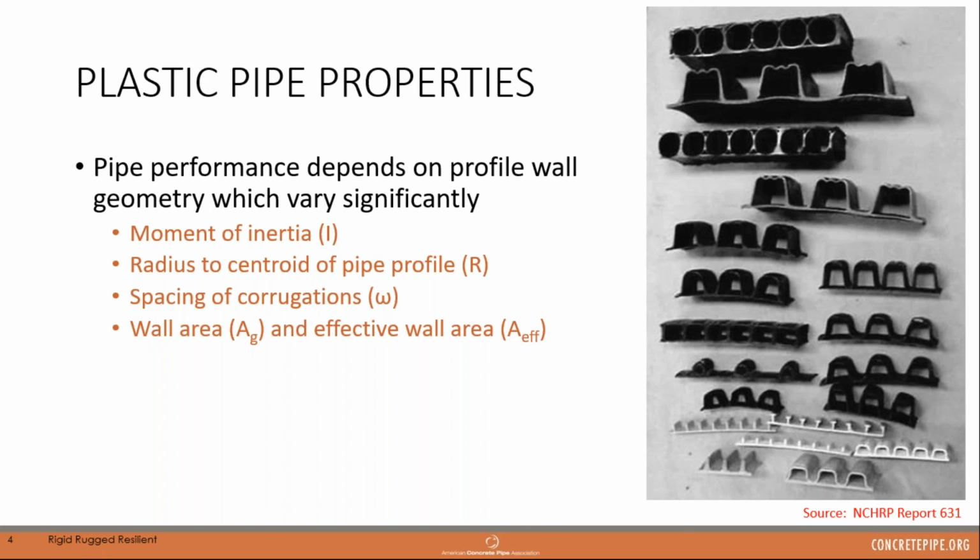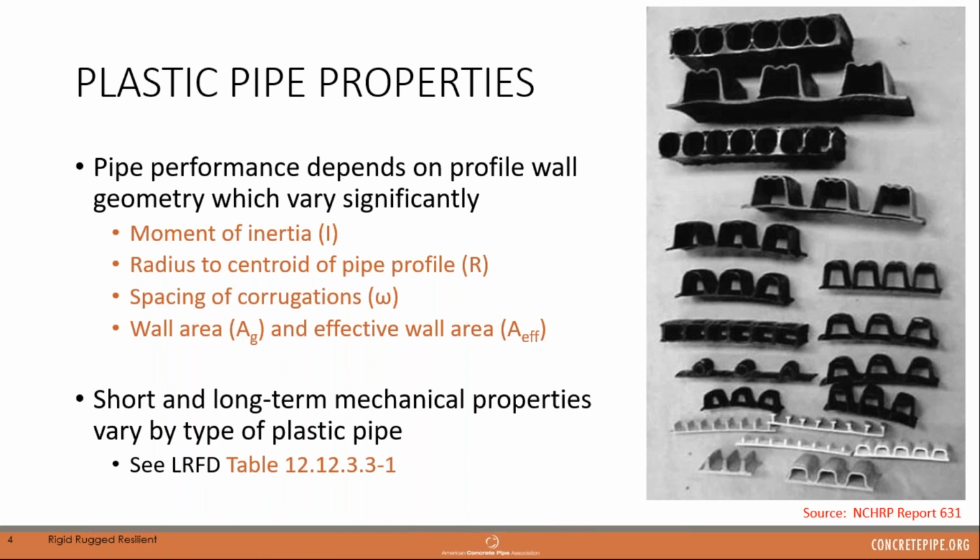LRFD is going to provide initial and long-term properties of the different plastic pipe materials, so that's in a table, but it does state that there's some uncertainty in the actual values, and it suggests that designers ask the pipe suppliers or even the resin suppliers to provide confirmation of those values for a particular pipe product. So it's important, as you approach your particular designs for plastic pipe, that you know what pipe material and profile you're using, and even if you know you're using corrugated HDPE, it's important to know the differences between manufacturers